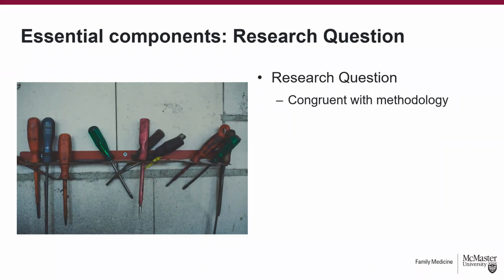So for example, maybe you choose the methodology of phenomenology, which is really focused on the essence of lived experience. Then you're going to need to write a research question about lived experience. You can't embark on a phenomenological project about, for instance, social interaction. It's just not congruent. In some methodologies, the research question shifts over the course of the inquiry as that iterative data collection and analysis process that I spoke about a few moments ago leads to a refined understanding of the phenomenon. In others, you start out with your a priori research question, and that remains the same throughout.